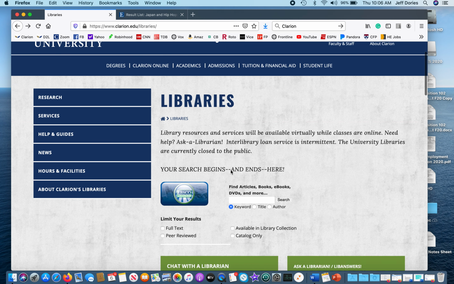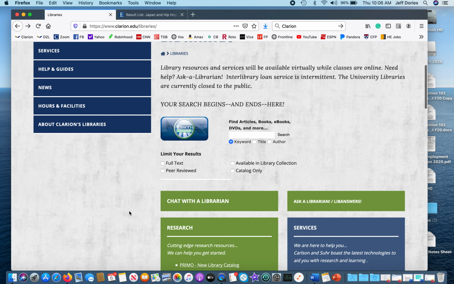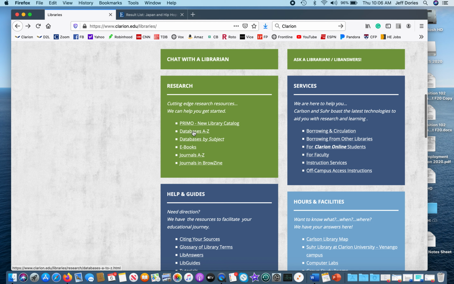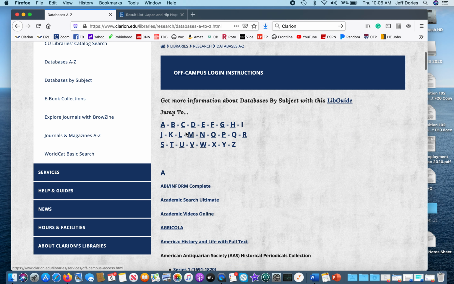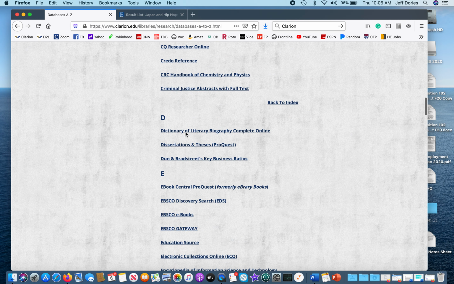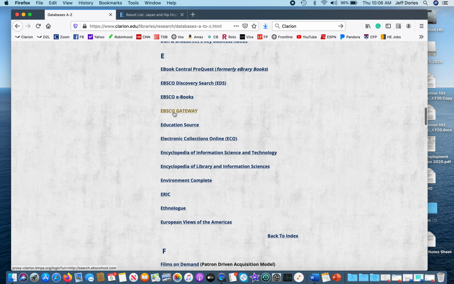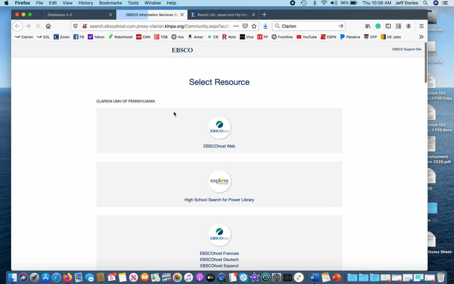Okay, so what we're going to do today is scroll down and go to databases A to Z. So clarion.edu/libraries, databases A to Z. Then we're going to go down to E, and what I want you to use is Ebsco Gateway. I feel like this database is one of the simplest for understanding the key concepts as to how a database behaves. So next we'll click on Ebscohost Web,